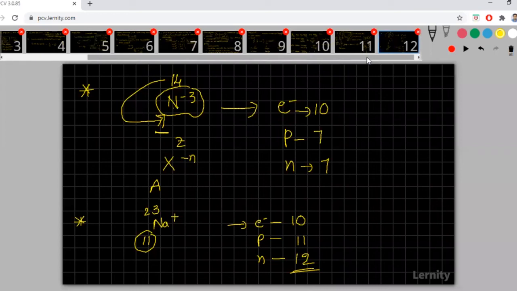After that, you have to see the oxygens. To balance the oxygens, on the opposite side you have to add H2O. To balance hydrogens, on the reverse side you have to add H+. This is the acidic medium. In basic medium, to balance oxygens, you write H2O on the other side. Then you calculate hydrogens. These hydrogens you write as H2O on the opposite side and OH- on the reverse side.